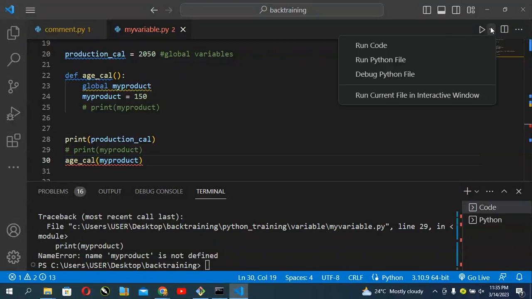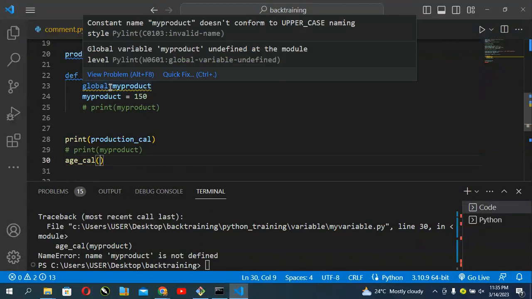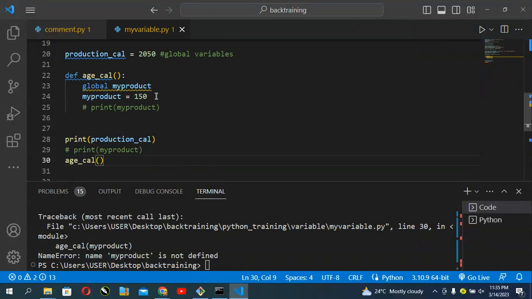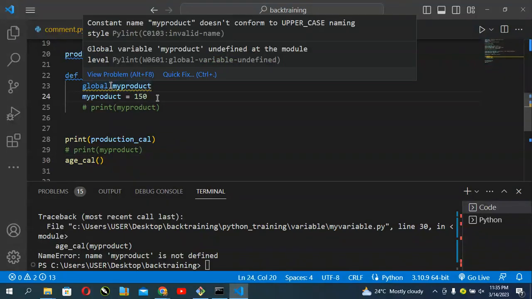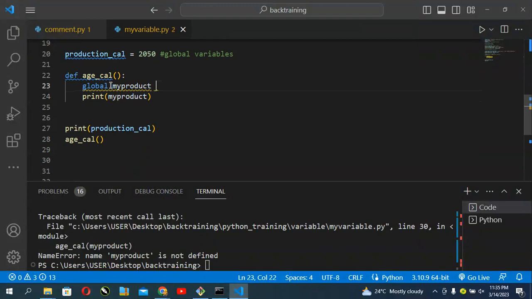Okay. Why is it showing us red? Okay. Argument product name does not define. I don't know why it's not converting to global variable, but I believe that will be fixed. Let's just undo and then continue